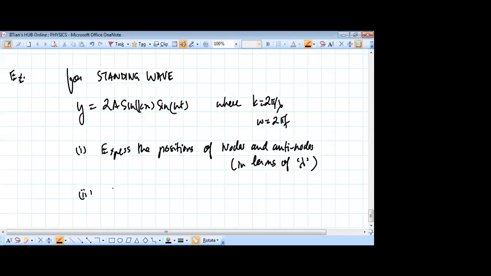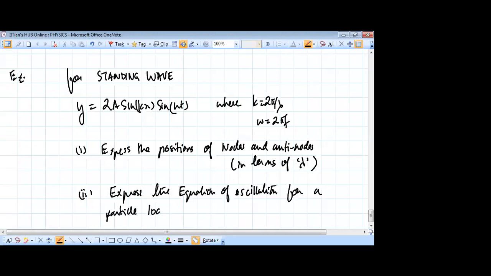Second, express the equation of oscillation for a particle located at